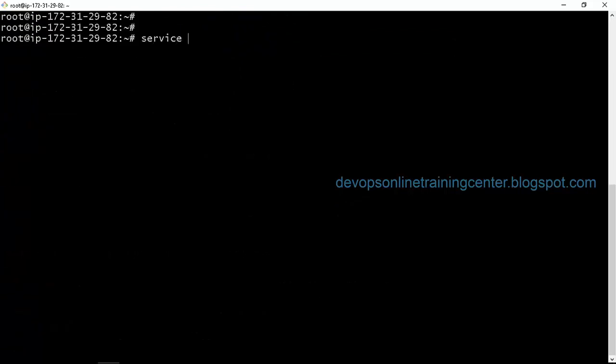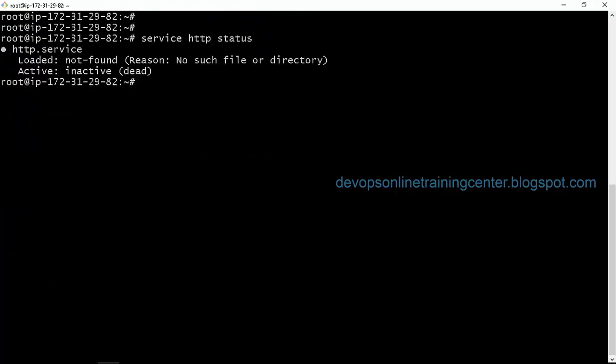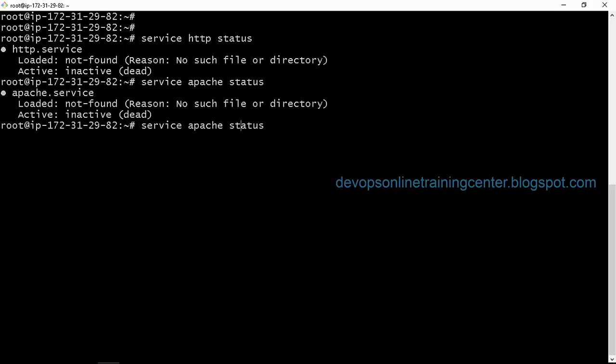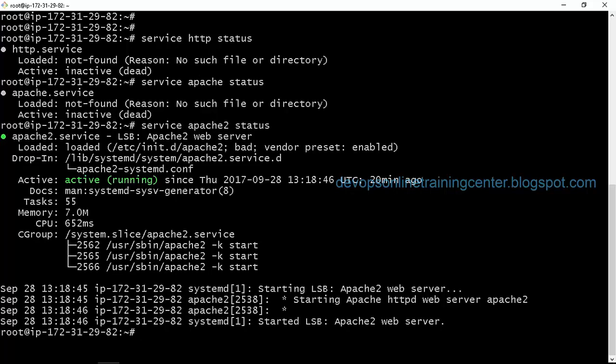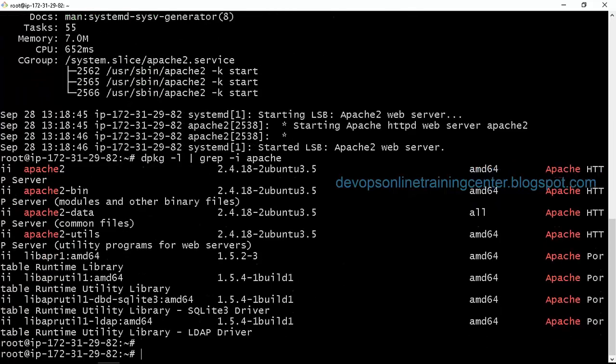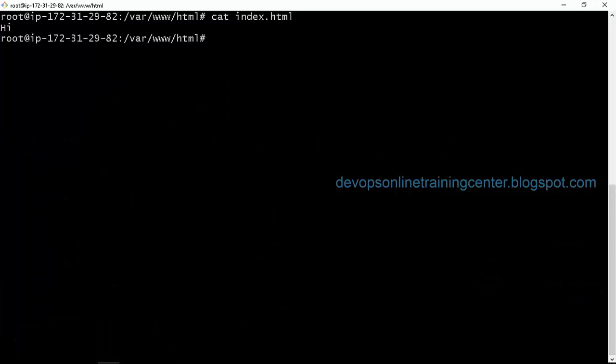Service HTTP status. Okay, service is not started. Service Apache status, Apache 2 status. Okay, it's running. Okay, so the instance is spun up properly.